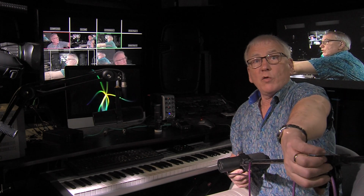Now what I've done is I've brought out an identical SM7B. I brought it from my other studio this morning because the only other one I had here turned out to be the counterfeit one we used a while back. So I brought the SM7B that I use from the other studio, and I've connected it direct to the wide angle camera. The SM7B is plugged into this camera with its normal XLR cable,